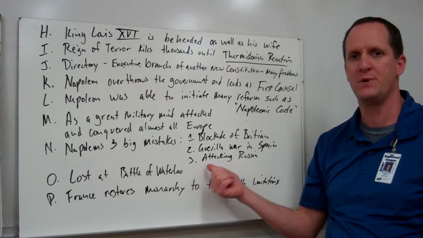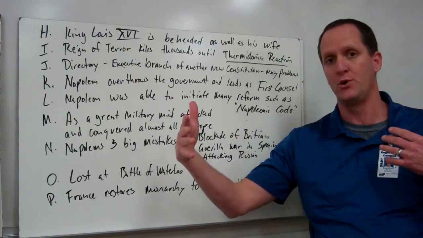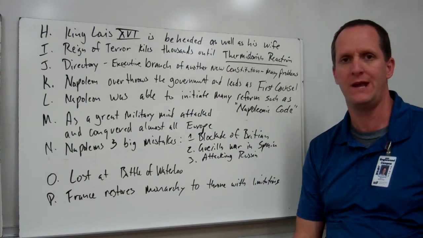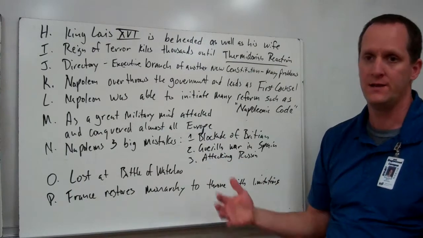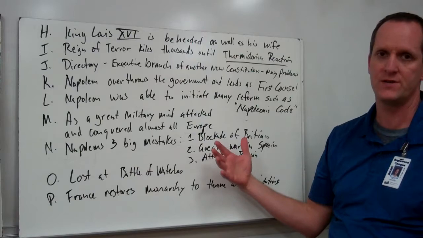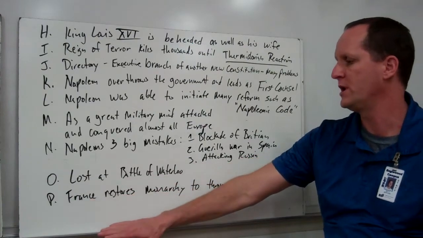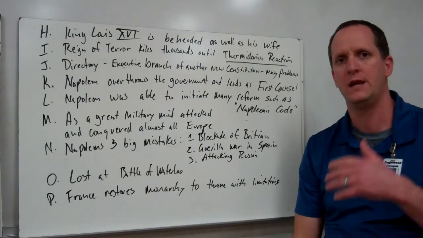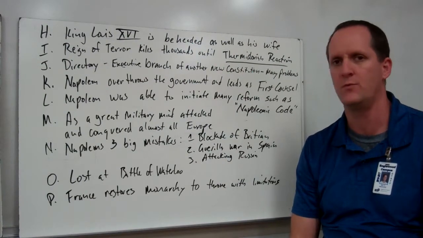And then his perhaps biggest mistake is that he tried to attack Russia. Russia burned down their cities as they pulled back, and it left nowhere for the troops of France to bed down during wintertime, and literally thousands of men just froze to death. So after they died, they retreated. The majority of his army died and froze to death. They retreated, and it was at this point that Napoleon lost a series of battles. The last one was the Battle of Waterloo, and then he gets shipped off by the British down to the South Atlantic to finally die on some small island way, way down there.